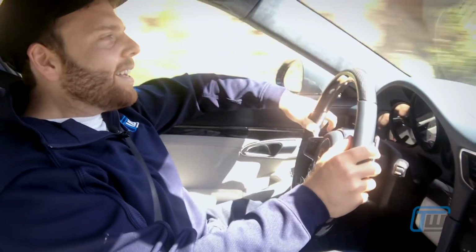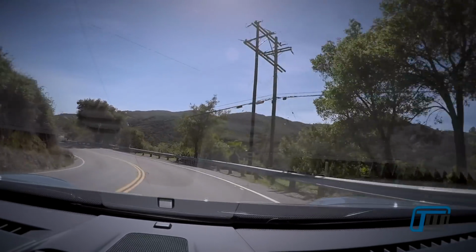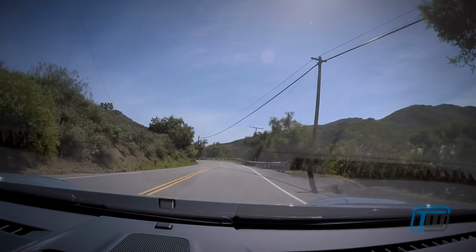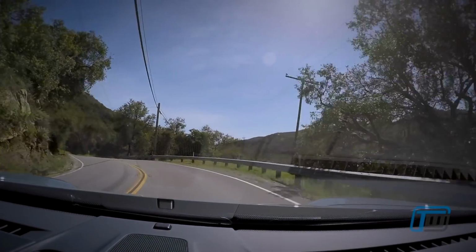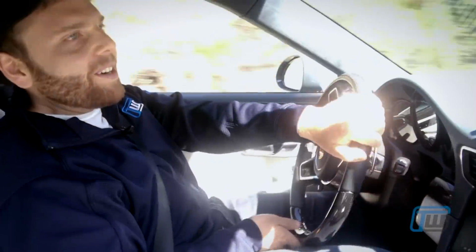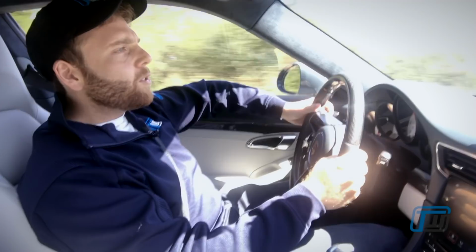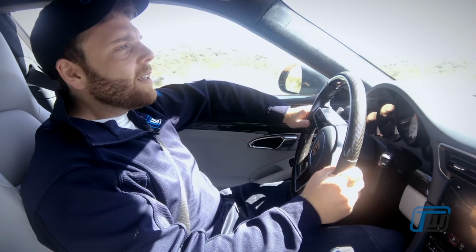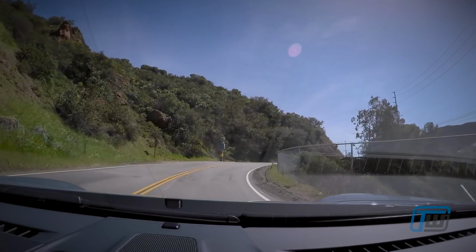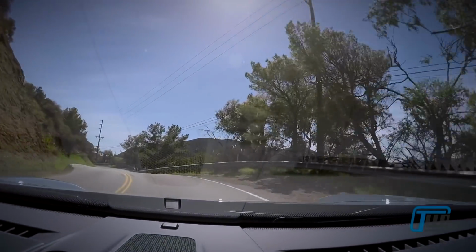Oh my! It just pulls around those corners. Oh, the G-force is unbelievable that it can maintain without losing any grip. So this car is just so solid. You know, you can come into these turns incredibly fast, not brake at all, and you just have so much